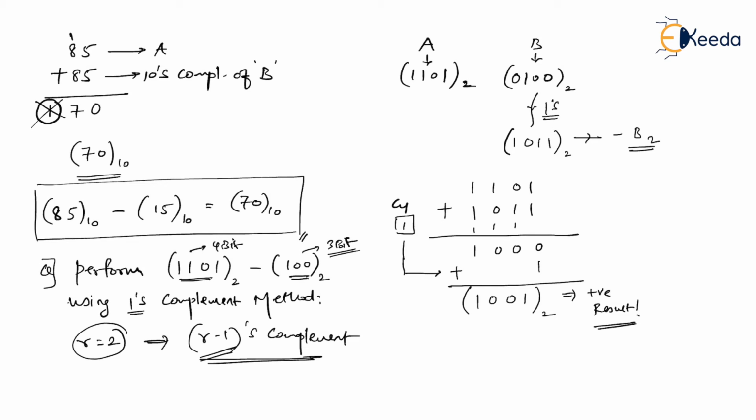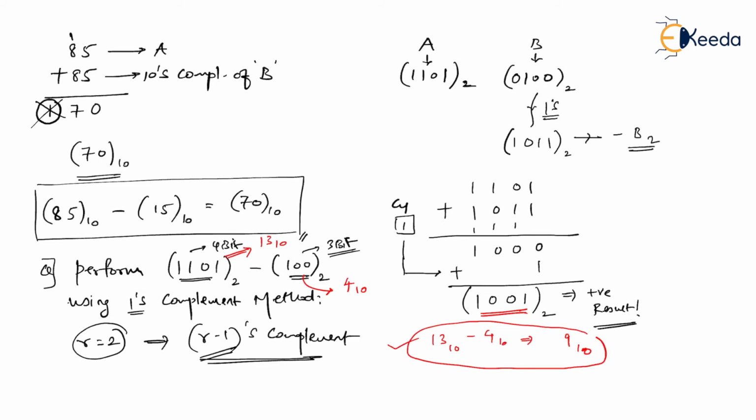Now how do we check whether this is correct or wrong? Let's do it very quickly. Now what is 1101 to the base 2? This is nothing but 13 to the base 10. What is 100 to the base 2? Come on, this is 4 to the base 10. So what I'm ultimately doing is 13 to the base 10 minus 4 to the base 10, and how much does it result in? 9 to the base 10. Can't you see you are getting 1001? 1001 is nothing but 9. So it is verified that what I have done is correct.